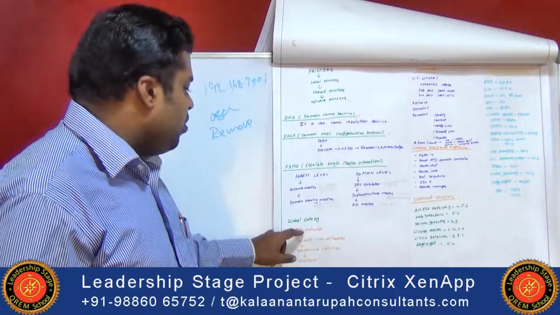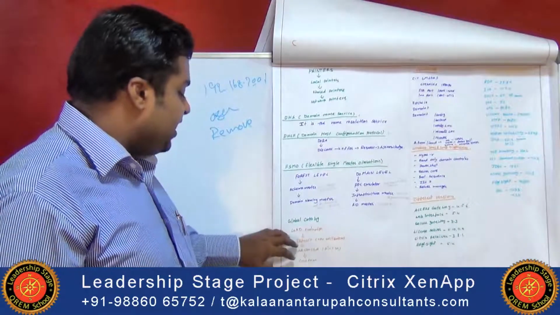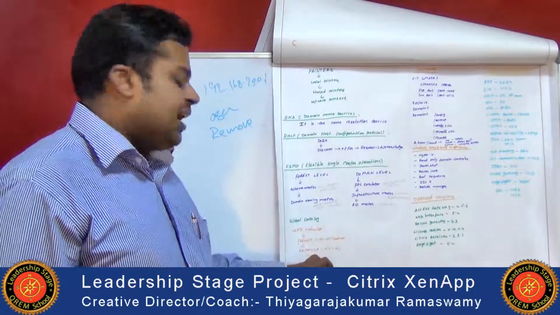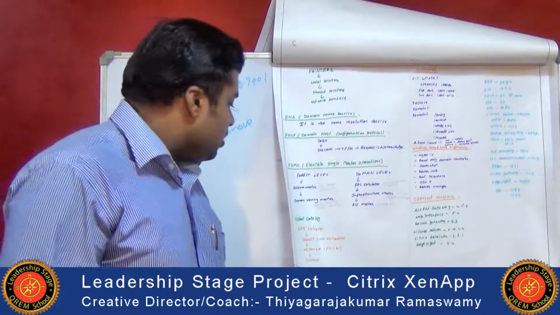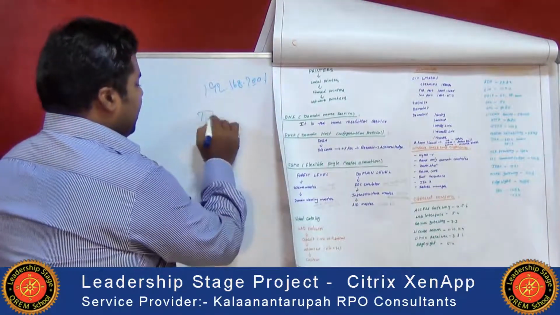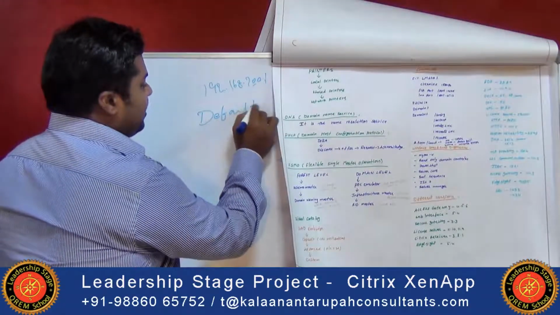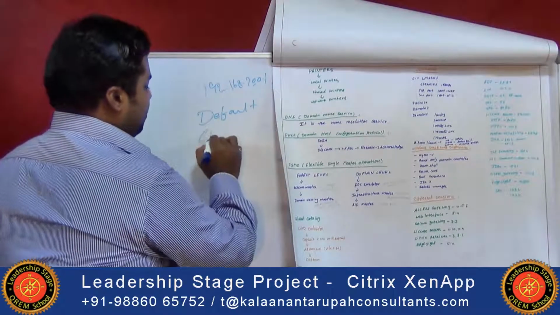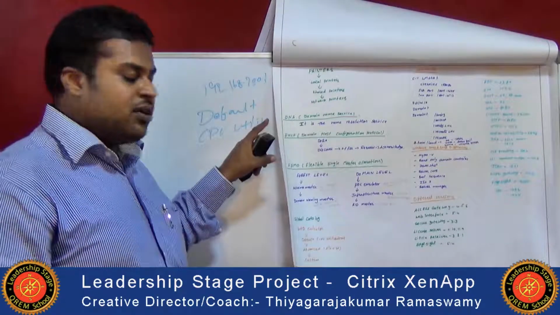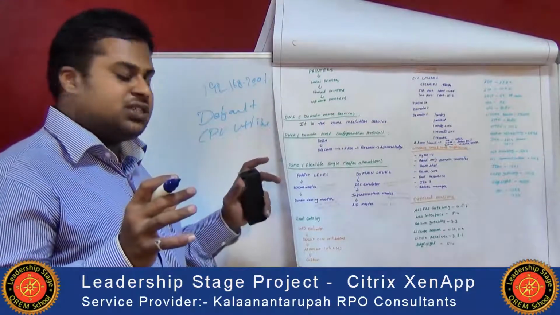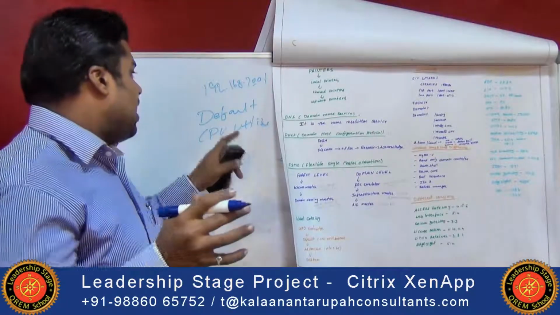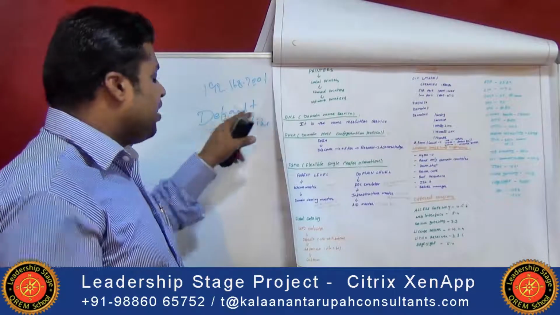In load evaluators, we have three different types: default load evaluator, advanced load evaluator, and custom load evaluator. Coming to the default load evaluator, we have to take care of CPU utilization. You have to specify how many users are accessing the applications, what the load on the CPU is, and how many users are accessing the application at the same time. That is given in the default load evaluator.